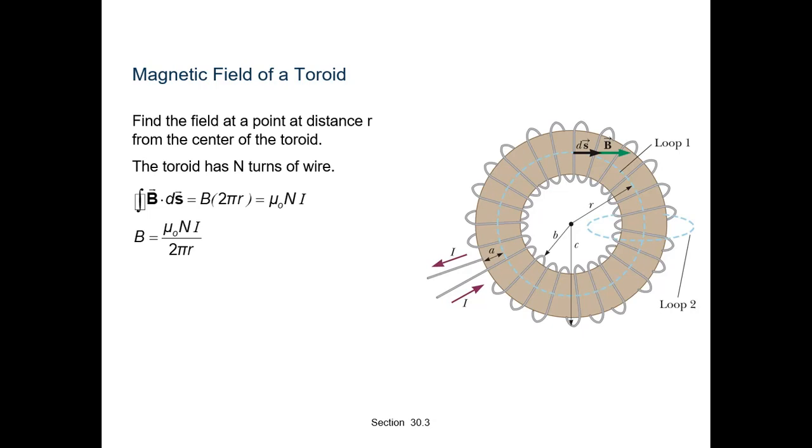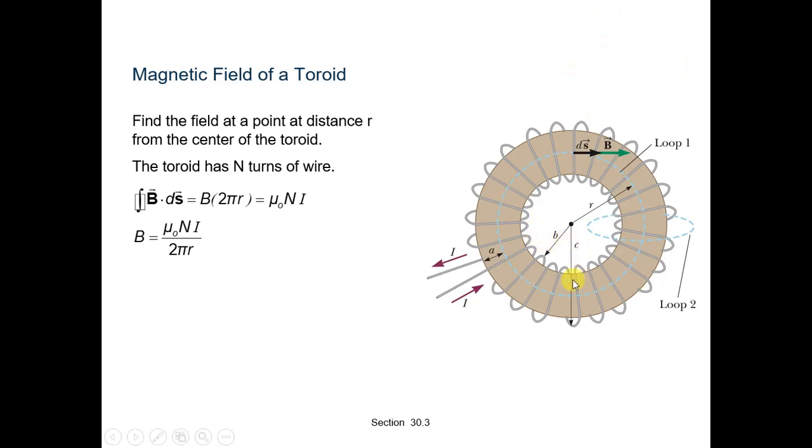Let the magnitude of the field all along loop 1 be B1. For Ampere's law, L is equal to 2 pi R1. However, the loop encloses no current, so I is equal to 0. Thus B1 times 2 pi R1 is equal to mu 0 times 0, which is 0.